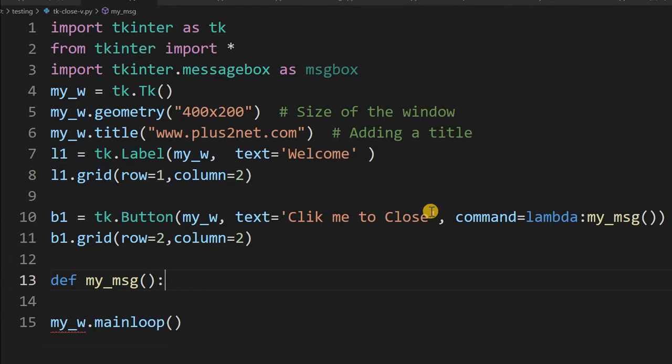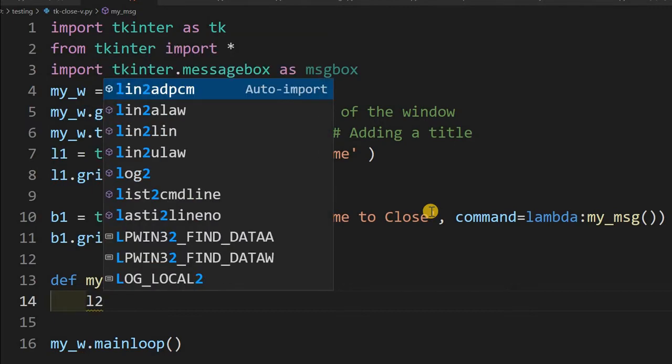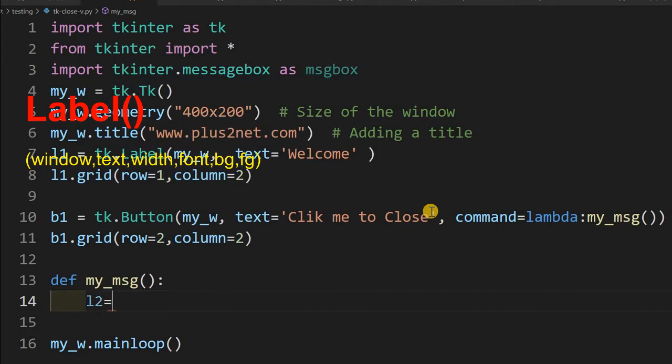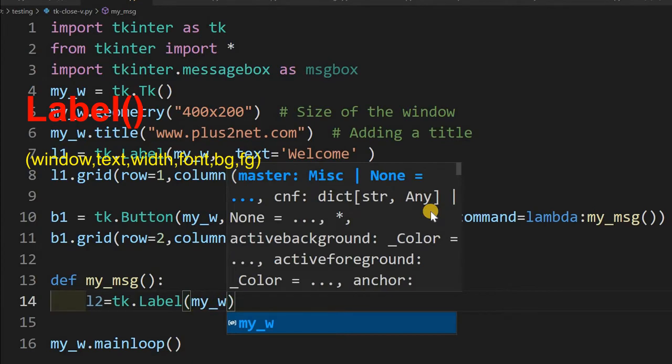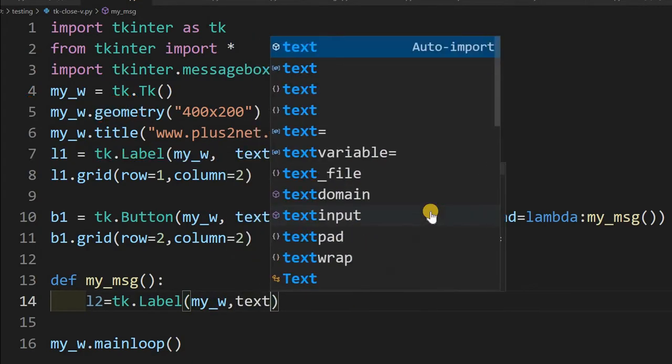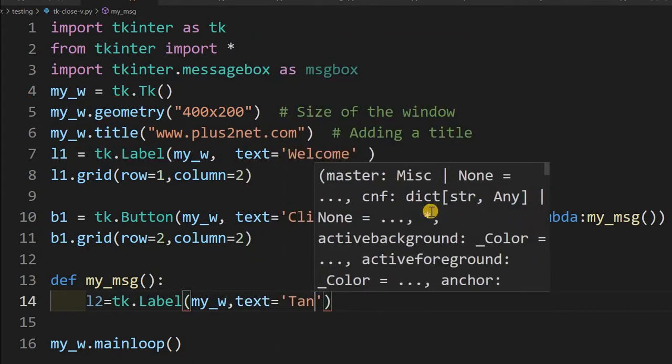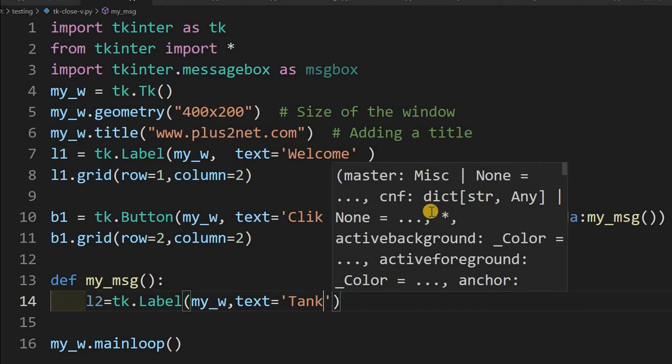Inside this function, I will write L2. My L2 is another label where I will enter the thanks message. tk.Label, where my underscore w is my parent window, with text equal to thank you.